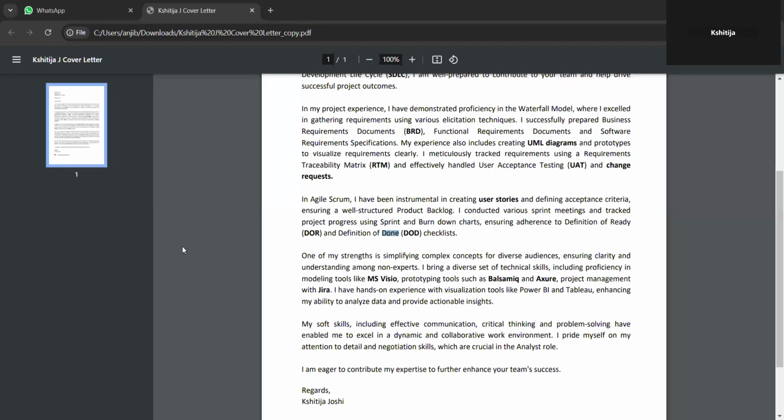I think BRD is what is needed from a business perspective. It outlines what the business wants to achieve. FRD translates those needs into specific system functions and features that the system must support, and what the system should do. And SRS is the software requirement specification. It elaborates the technical and performance details of the software, like the software's expected behavior and performance.